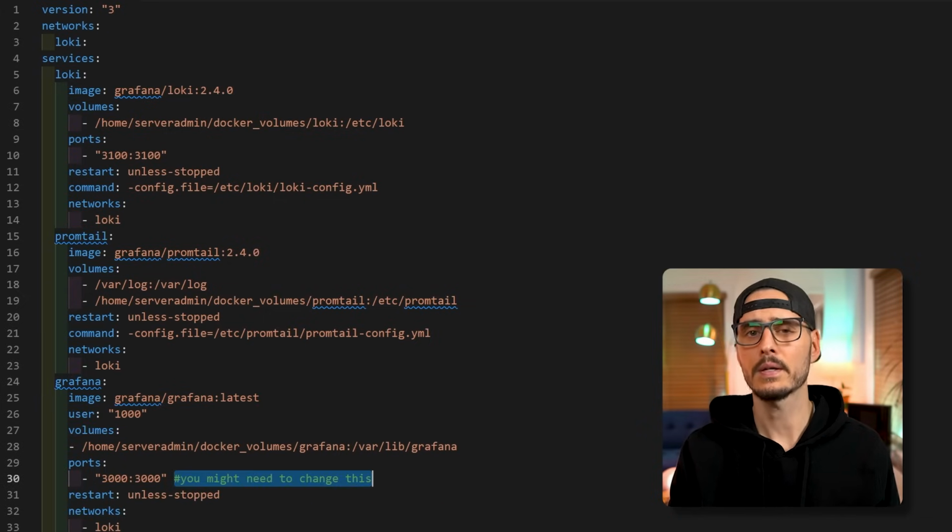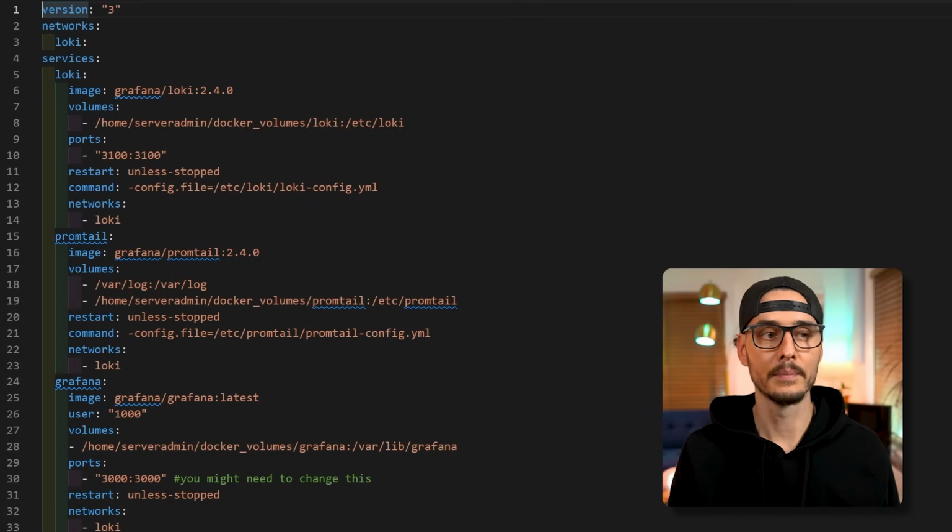And here's the configuration that we're going to use. So let's talk about it real quick. This is a typical Docker Compose file. We're going to use Docker Compose's API version of 3. Then we're going to create a network called Loki. Now this is important because all 3 of these containers inside of the stack are going to share this network